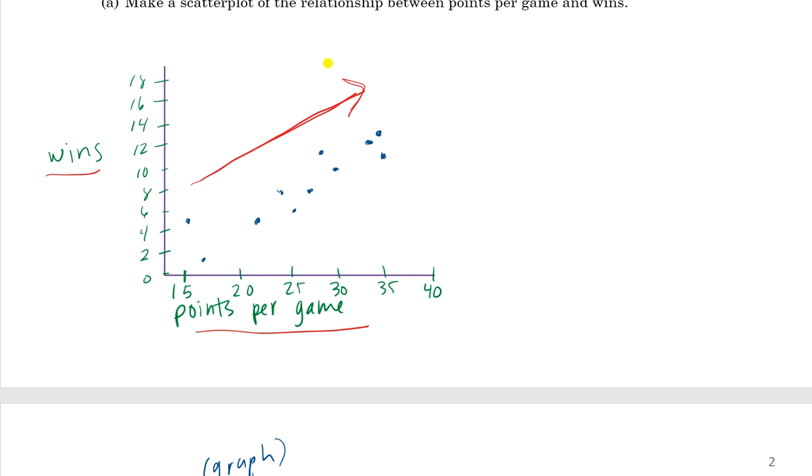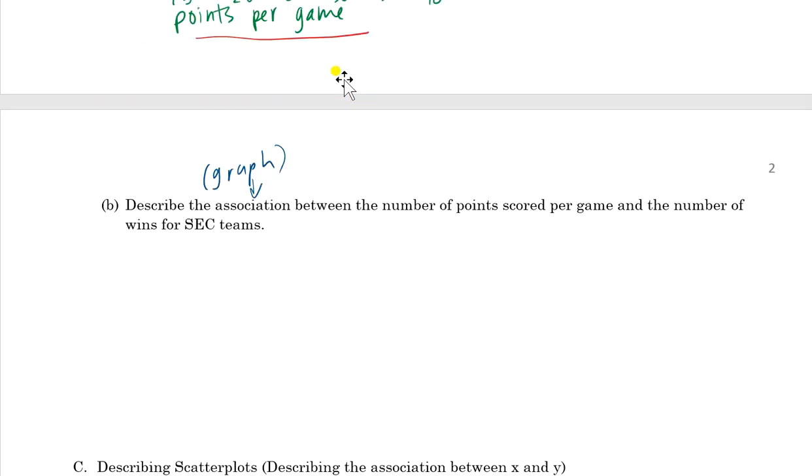So we've now talked about 4 things. We've talked about direction with context. We've talked about form, if this is linear or not, and we've talked about strength. How close are all of these points together? Are they pretty close together or are they not? And then the last thing that we normally talk about with any graph is, hey, are there any outliers? And so we'll talk all about outliers and how they could look, because they're sort of a weird idea for scatter plots. But first, let's actually write down everything you would need to write down for an actual AP question,